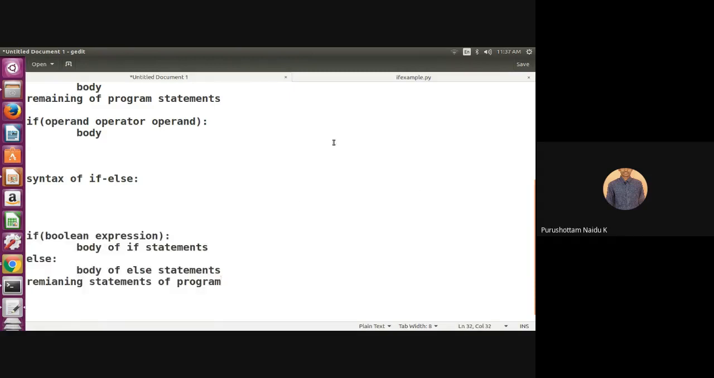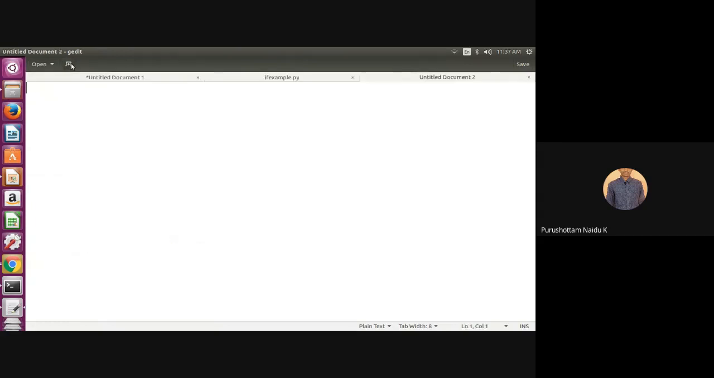Let's see some example. I can read one number. So I read input: number equals int of input of "Enter a number". Clear? So if number modulus 2, number modulus 2